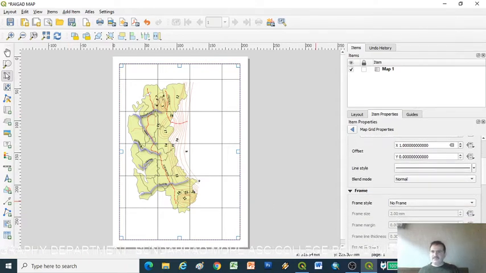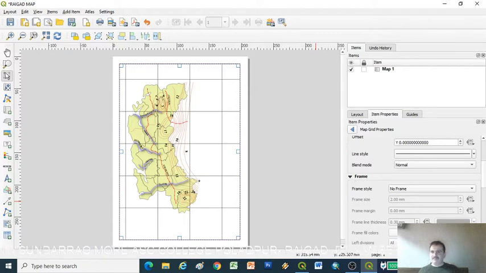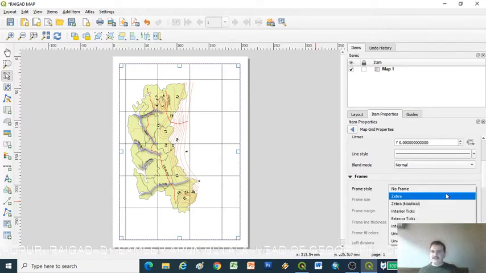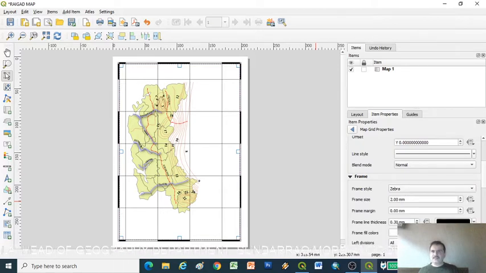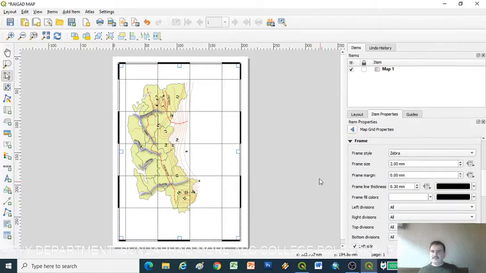Now here is the option of frame. Frame style, which style we want, these are the styles. I use zebra. Then the frame size, suppose I want to increase the frame size, I can increase it. Frame margin is here, so we can adjust the frame margin. Now we don't need to increase the frame margin.